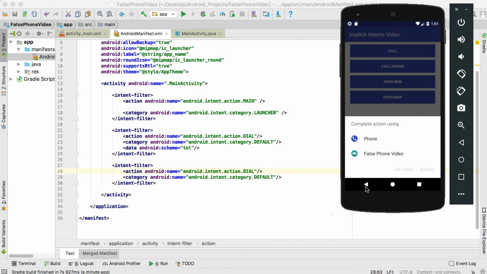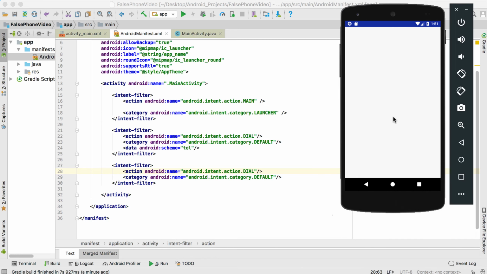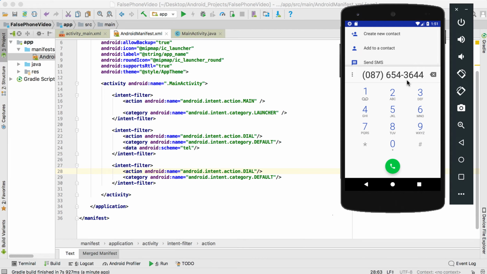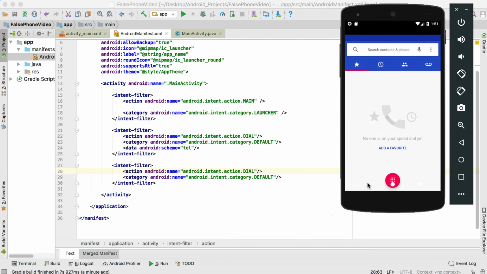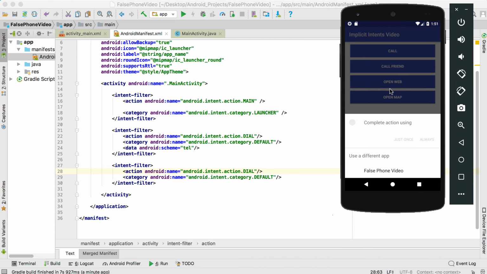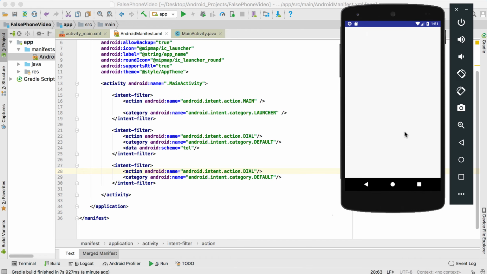Right, so let's look at the second one now. If I click on call friend, you will see if I click on phone there just once, the phone shows me the number there. So how can I get this data that was sent through on this activity, or on this specific application? There's a way to do that, so that if I click on call friend and I click on false phone, I can show the number there that I want to dial, for example, the data that was passed